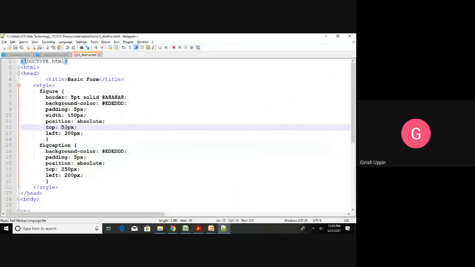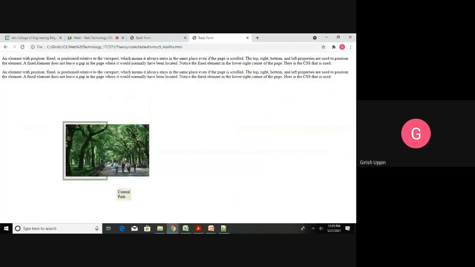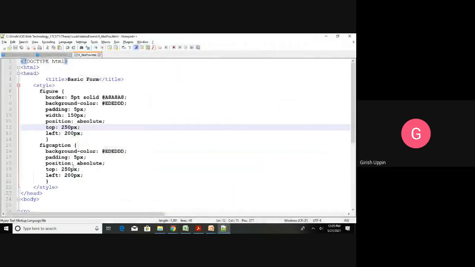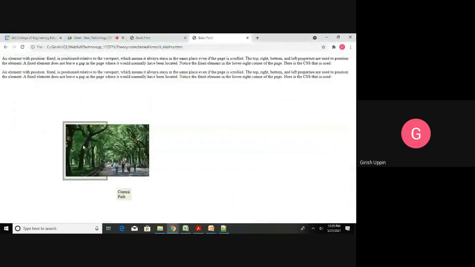If you make any changes, say you increase it to 250, you can see it will be totally removed from the normal flow, and as per the absolute positioning, whatever position is specified, it will get positioned according to that.